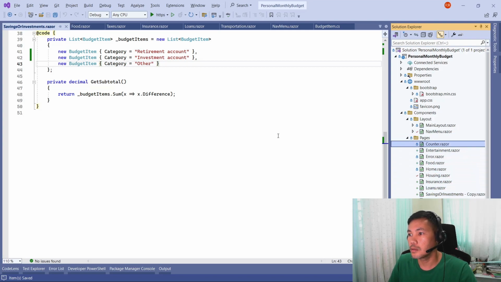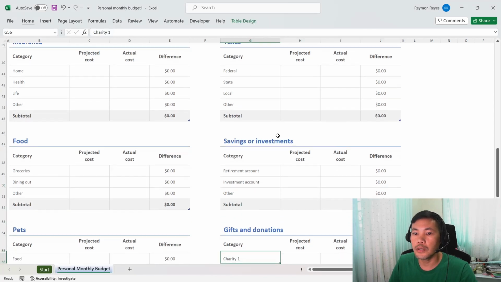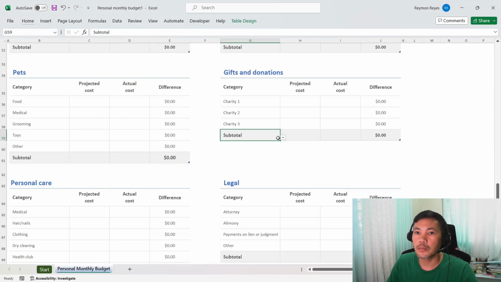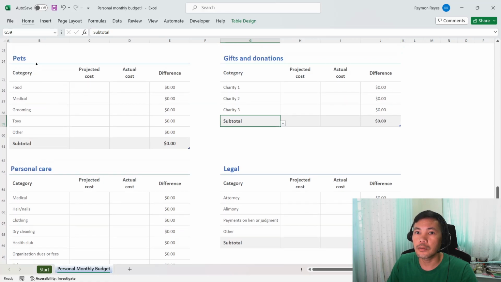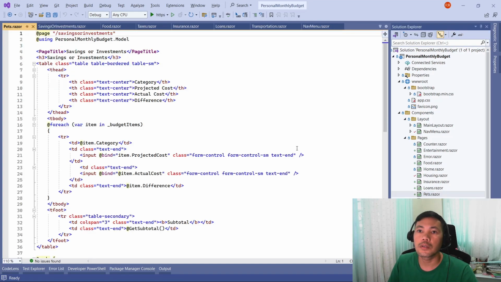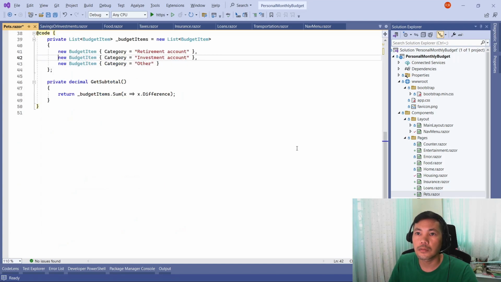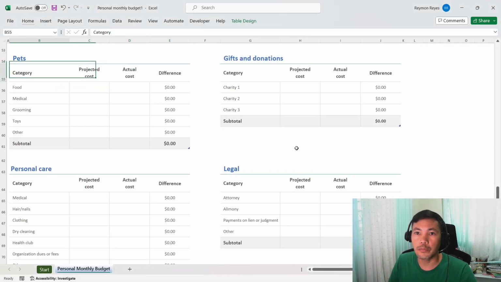See. This would be pets. Almost close to finishing this one. Pets. Pets. You have